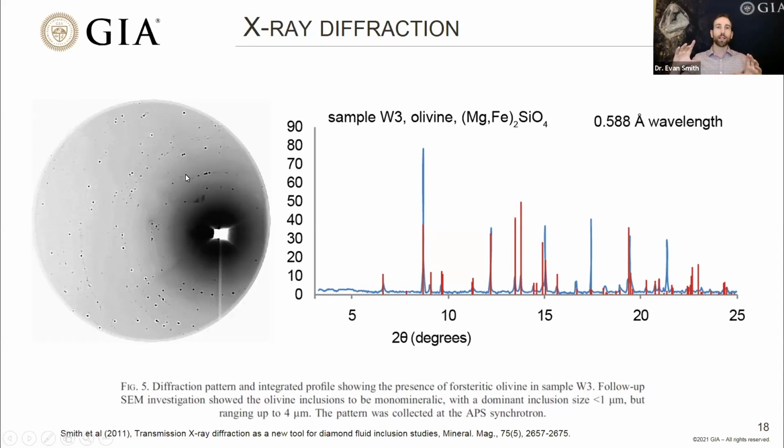We see these diffraction spots, but it's common to take this information and collapse it. Instead of 2 dimensions, we can portray it in 1 dimension. So instead of bright spots, we have peaks in intensity arranged as a function of 2 theta. So this is essentially the distance away from the middle. This is showing us direct information about the spacing of these crystallographic layers. And this lets us see that this sample, with all those tiny, tiny inclusions, those inclusions are olivine. So again, we're seeing inclusions of olivine.